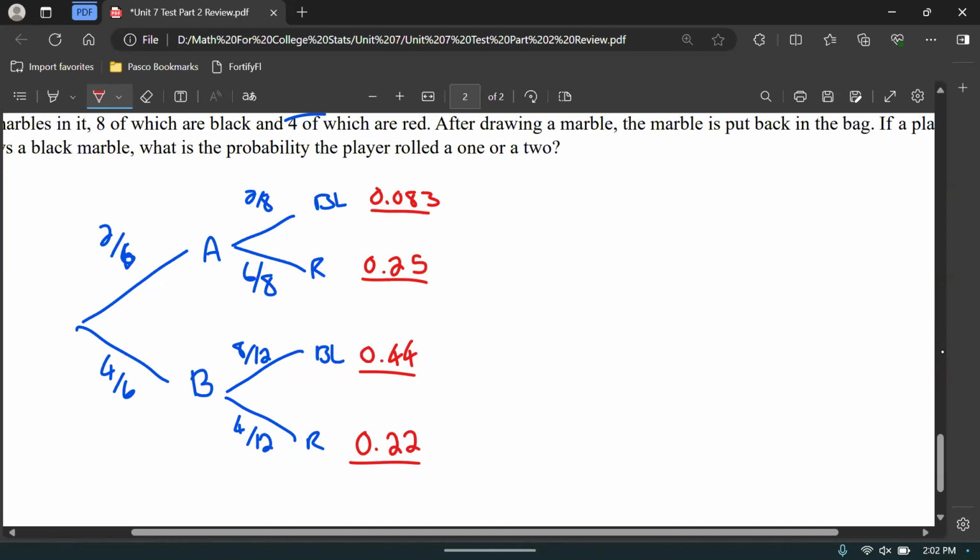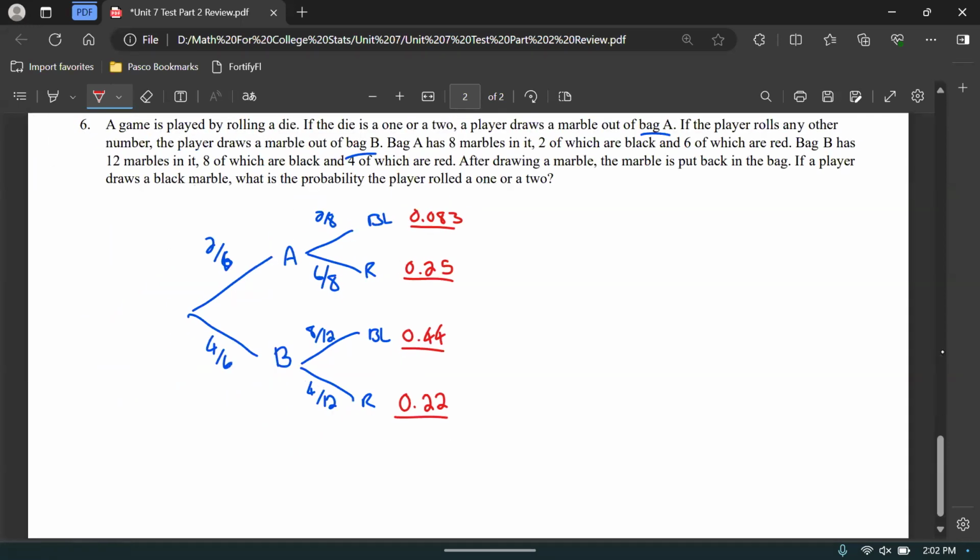And if I added these all up, it should get me pretty close to 1. I know I rounded a bit, but if you did 0.083 plus 0.25 plus 0.44 plus 0.22, it's 0.993. So we're off just a little bit because of rounding, but it's okay. All right. So